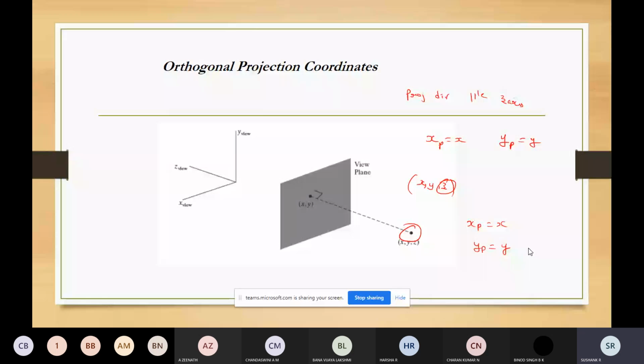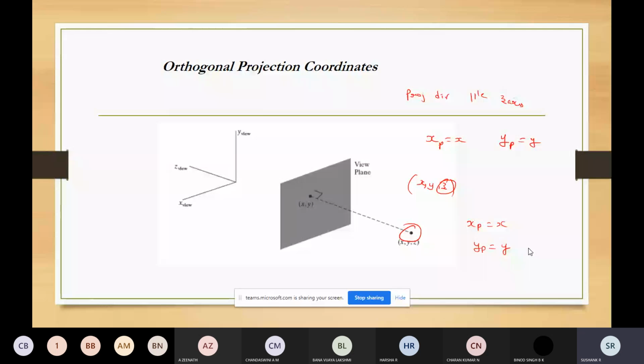The z coordinate value is preserved for use in the visibility determination procedure. This is how the orthogonal projection coordinates are obtained.